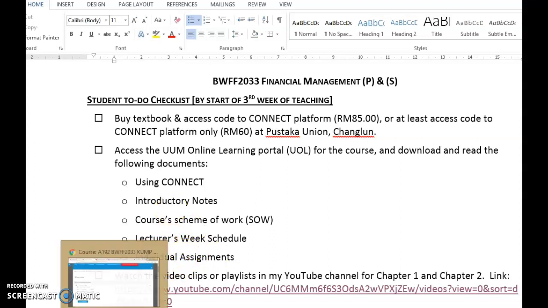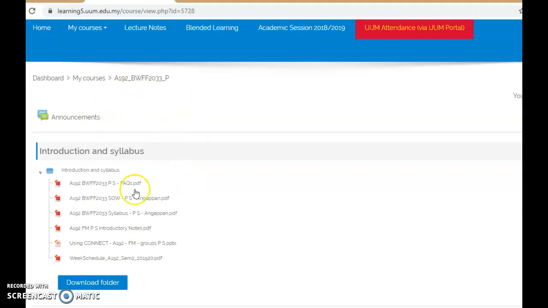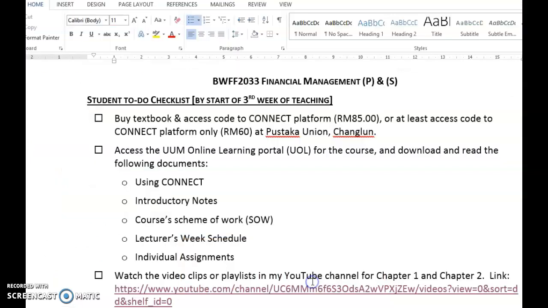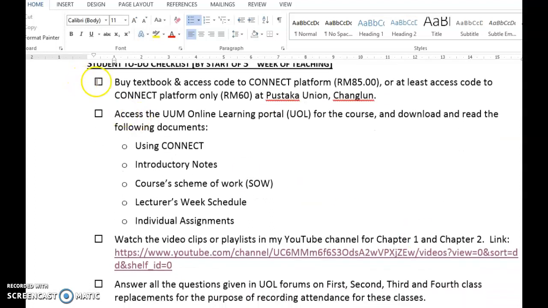Let me show you this page again. So all these documents are here. Not all of them are important, so you can download and read all the others, but these are very important: the scheme of work, SOW, then the introductory notes, then using Connect, and the week schedule. So all that are indicated in this checklist. Going back to the checklist, that is the second activity. So you need to tick this first, buy the textbook and the access code, then access all these documents and